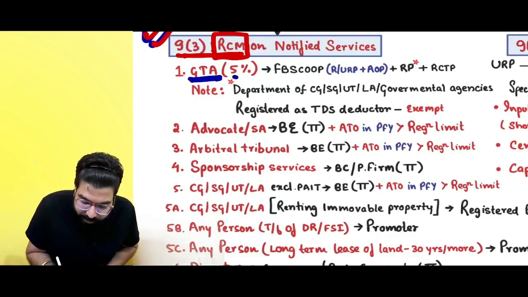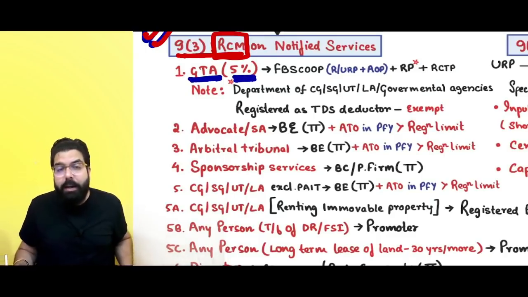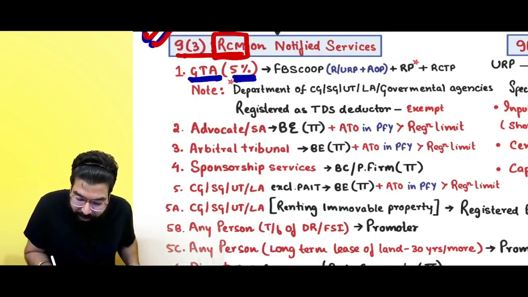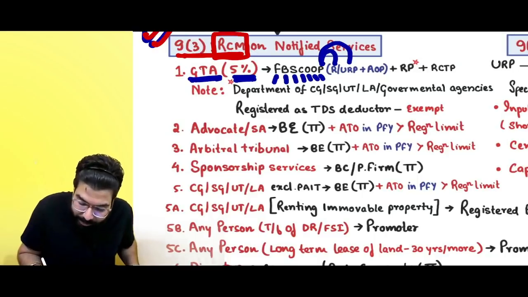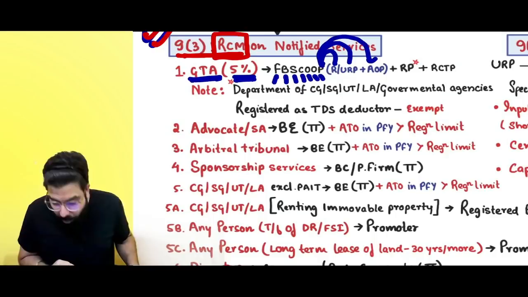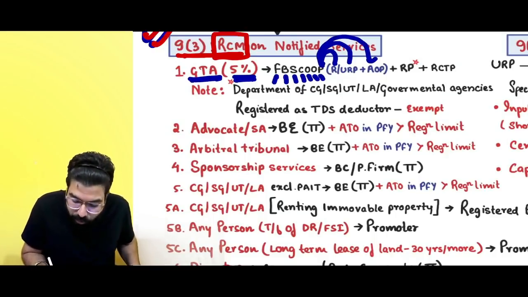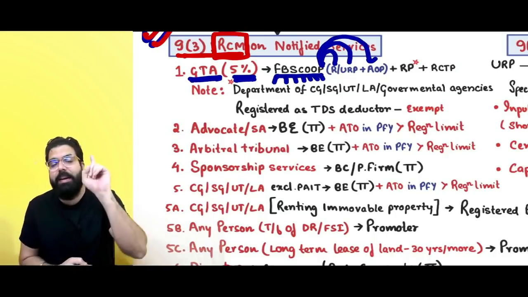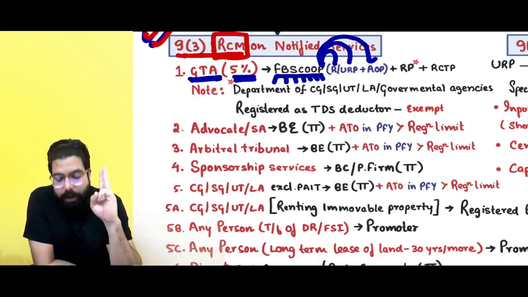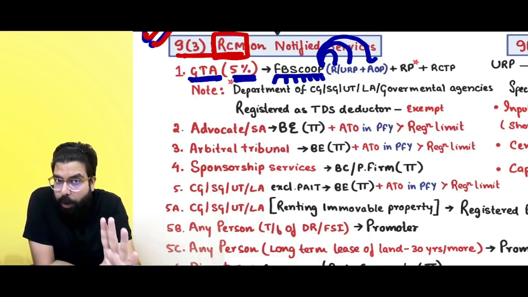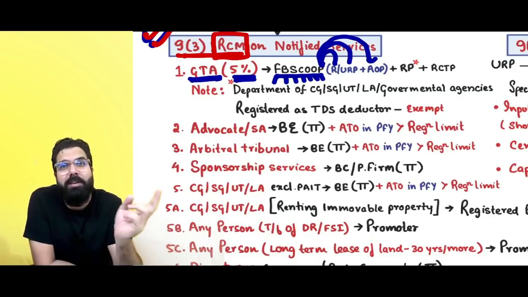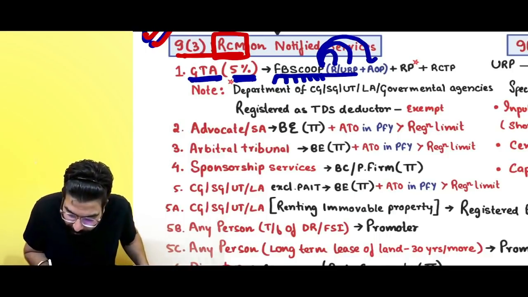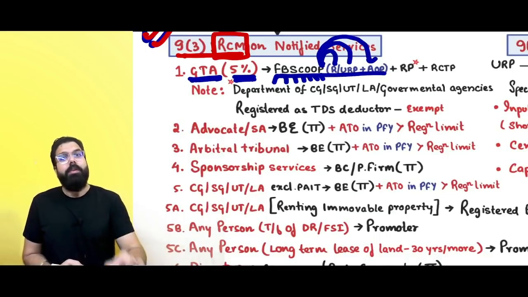In the case of a goods transport agency which has opted for 5%, when they provide services to a factory, body corporate, society, cooperative society or partnership firm. A partnership firm can be a registered or unregistered person, and partnership firm includes an association of persons. So when GTA provides services to FB Scoop, factory which is registered under the Factories Act, body corporate, society, COO meaning cooperative society, P meaning partnership. Now partnership firm can be registered, can be unregistered, and includes association of persons. In the case of all these people, government has told you have to pay the